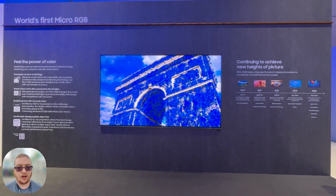We've been here at IFA in Berlin for the past week or so, scouring every hall at Messe Berlin to see what are the best gadgets that IFA has to offer this year. So here's our list of the best gadgets that we've seen in Berlin this year, starting with the Samsung Micro